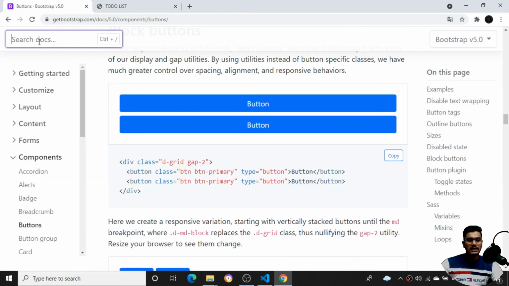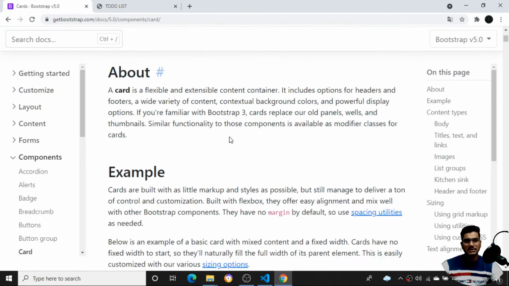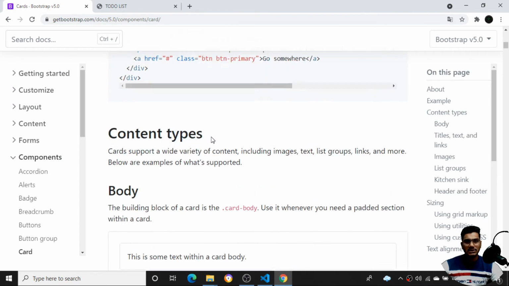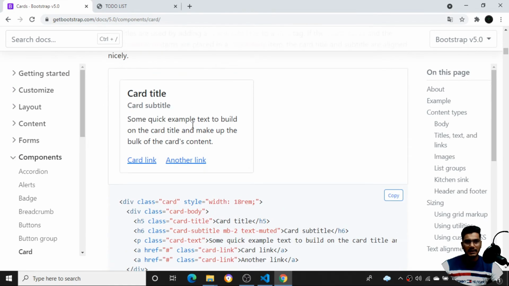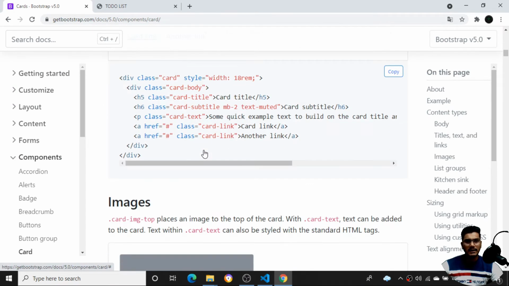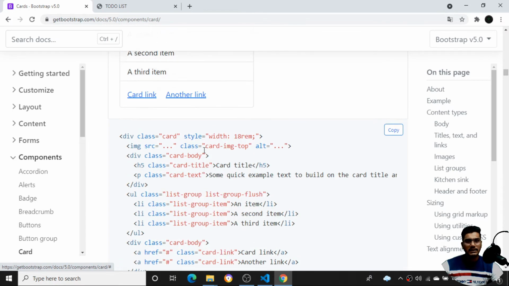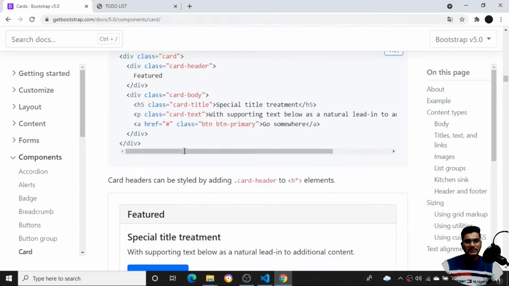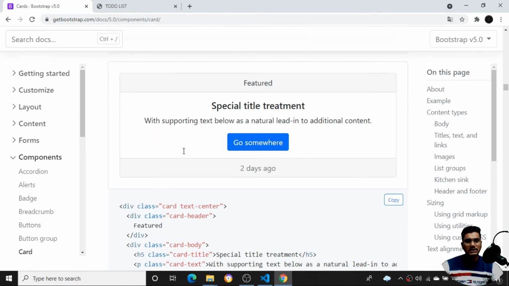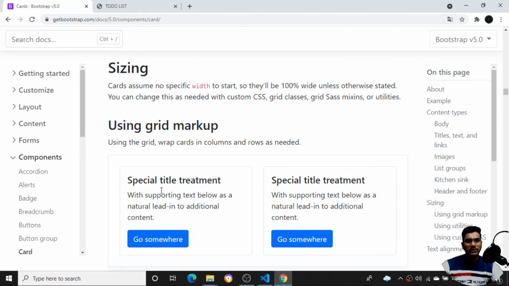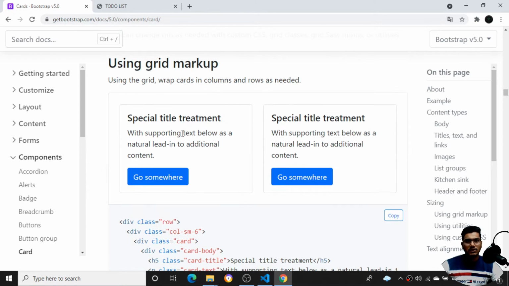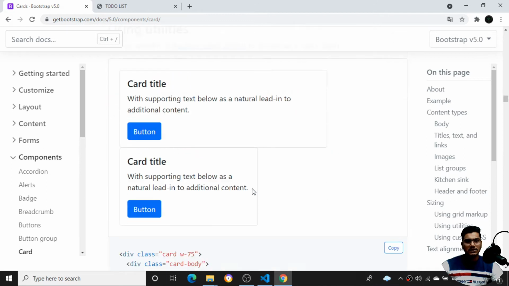Now I can add the next thing. I'll go here and search for the cards. Once I search for the cards, I can see I have the image cards and a number of cards I'll be getting. If I want this kind of card, you'll be getting this. Let me find a nice card that I can use. You can use these kinds of cards also. So what I'll do here is copy this particular card. It is fine for me.